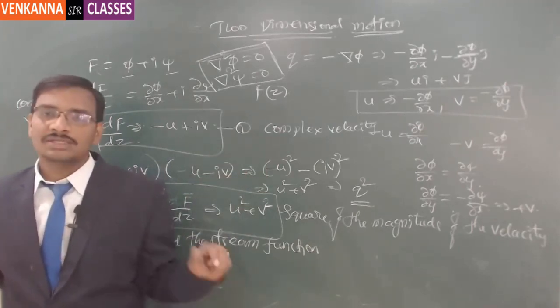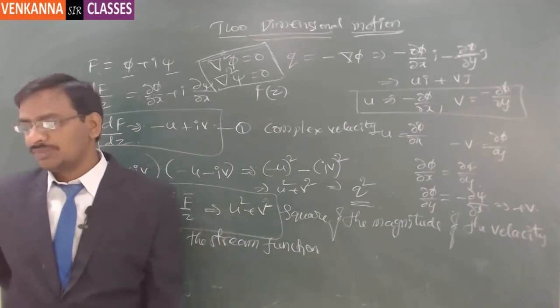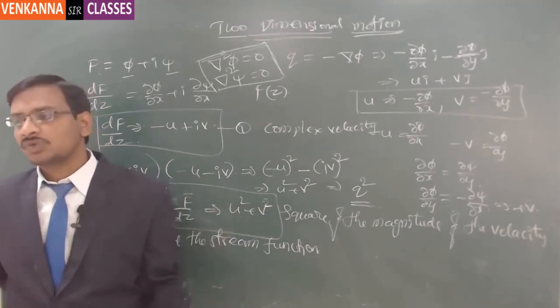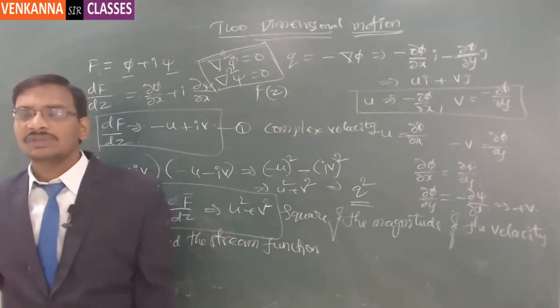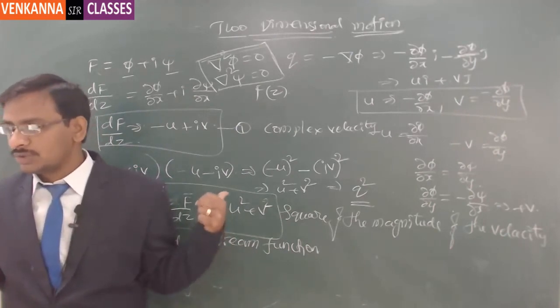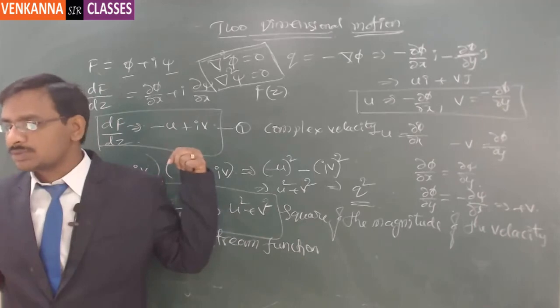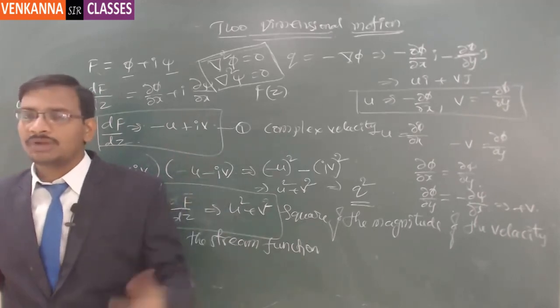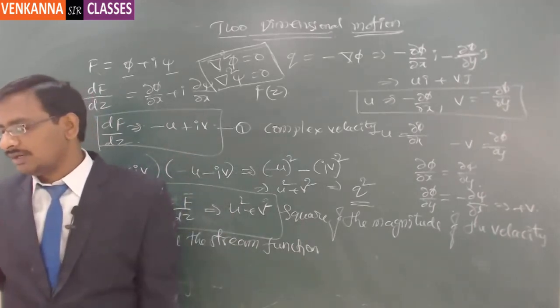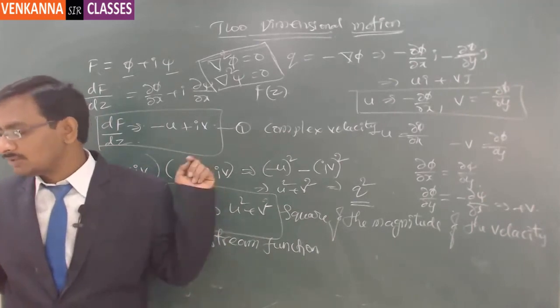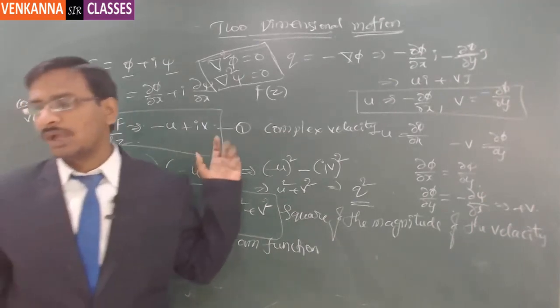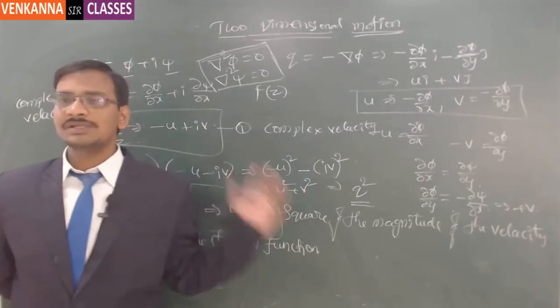So there is a concept of source and sinks that comes into picture. So source and sinks in case of two-dimensional flow can be analyzed with the help of complex analysis again. So this complex potential, whatever we learn now, right? So this complex potential model, we can bring it up for a source and a sink, right? So that concept will make us very simple to analyze the fluid flow when there are presence of sources and